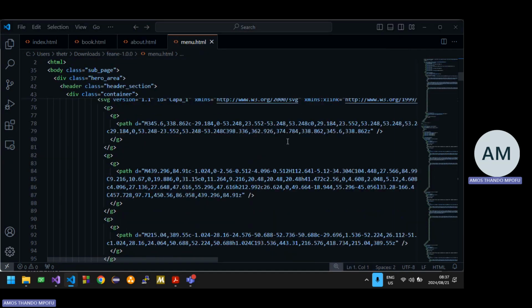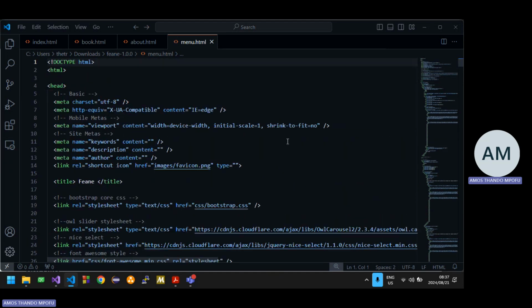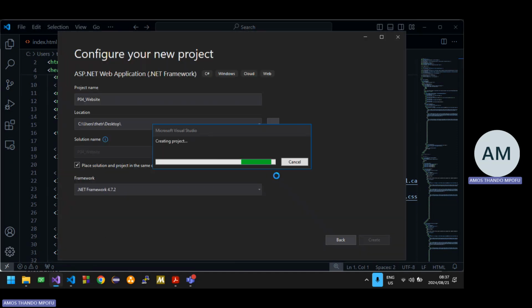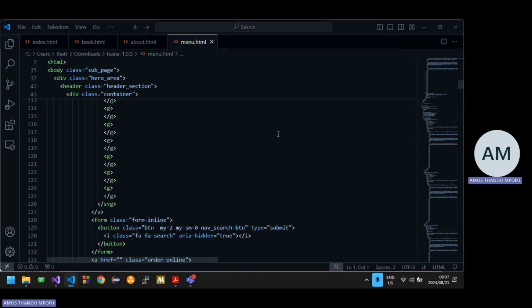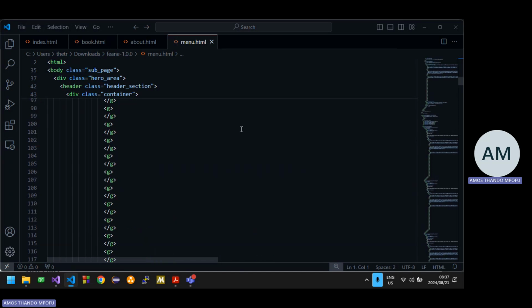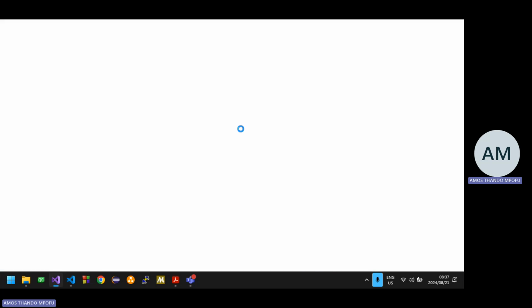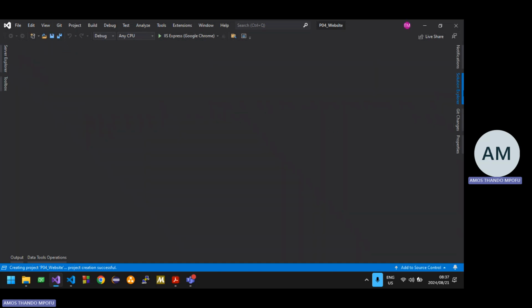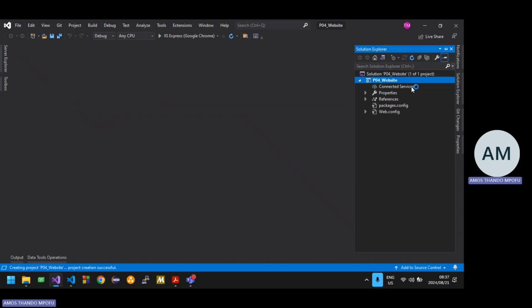So the reason why I use VS Code is so that when I copy, it's gonna be easier to copy. I'll show you how easy it is to copy the code from Visual Studio Code. So, okay, there it is. And then I don't want the overview, so I'm just going to delete that. And then click on Solution Explorer, and then